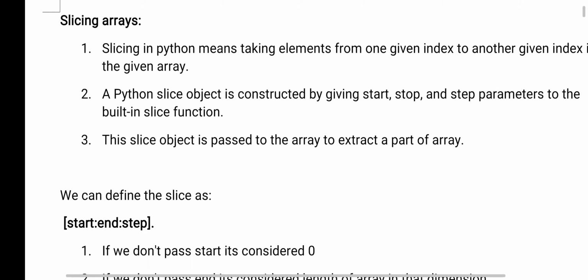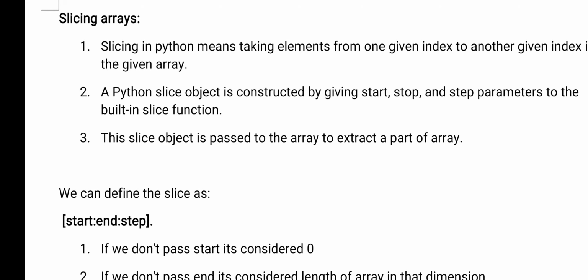Slicing I already explained in a previous class. Slicing means extracting some elements from the array. For example, if an array has 6 elements and I want only 3 elements from that array, you can extract those 3 elements, and that process is called slicing.